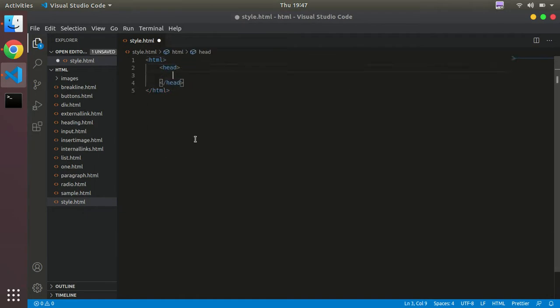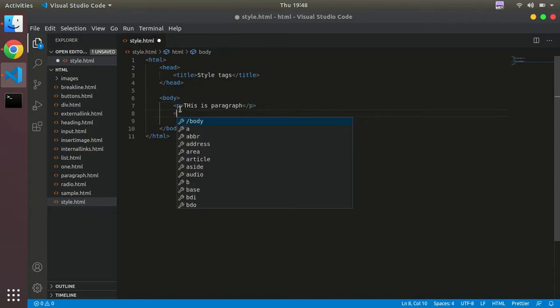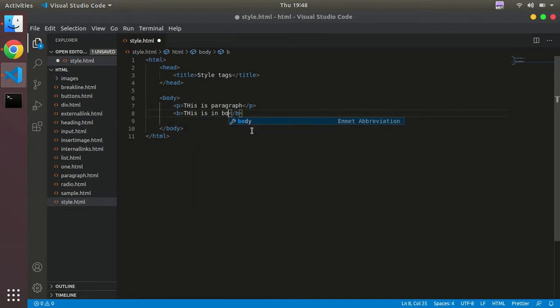Head, and inside head suppose we want to give it some title, style tags, and after that we will write body, and I will close the body, and this is P, this is paragraph. And suppose if I want to display some text in bold format, the tag for that is B, so this will just convert the text in bold. So this is in bold format, and if I save it,